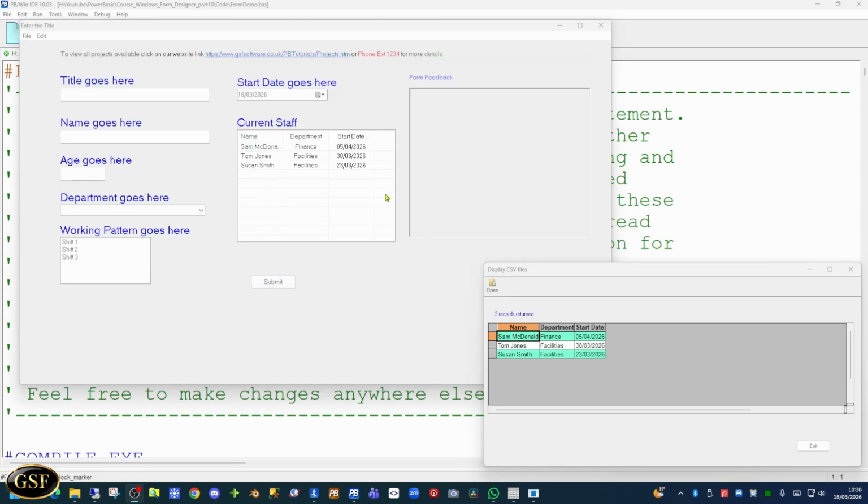Currently, we are only storing 3 pieces of information on the grid: the name, the department, and the start date. There are 3 additional pieces of information we're not currently storing. And that's one of the things we're going to do today. We're going to increase the number of columns in our grid from 3 to 6 to store all of the